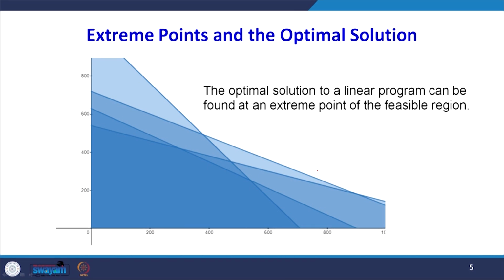So the optimal solution to a linear programming problem can be found at the extreme point of the feasible region. What are the extreme points? This is one extreme point. This is another extreme point, this is another extreme point, and this is another extreme point. When we were solving this problem graphically, we found this point was our optimal solution.